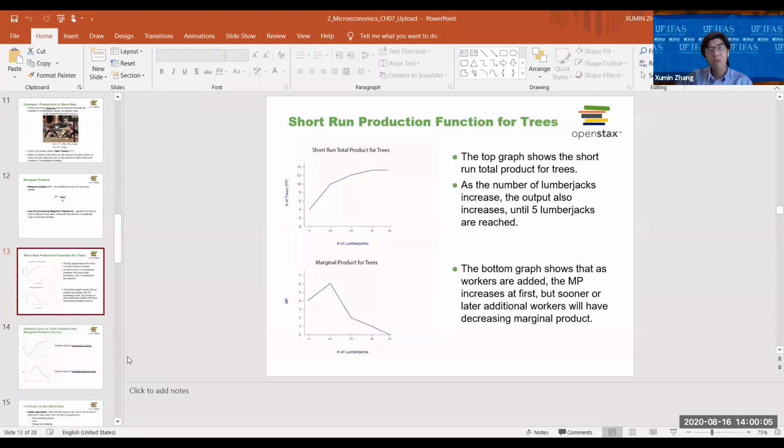I use the diagram. You can see that this is the labor, right? This is the labor. So we're talking about labor. This is the number of trees. So this is the quantity. Total production is increasing, okay? Increasing, but at a reducing rate. If we take the derivative, then we see this is the marginal, actually this is the MP, the marginal